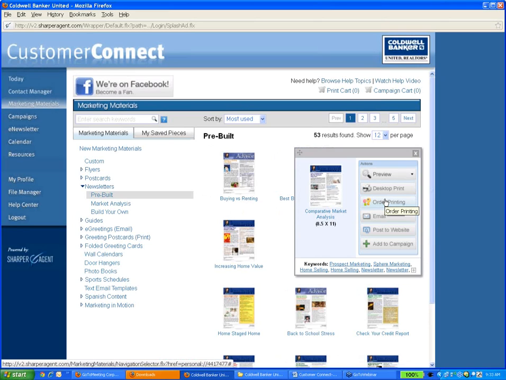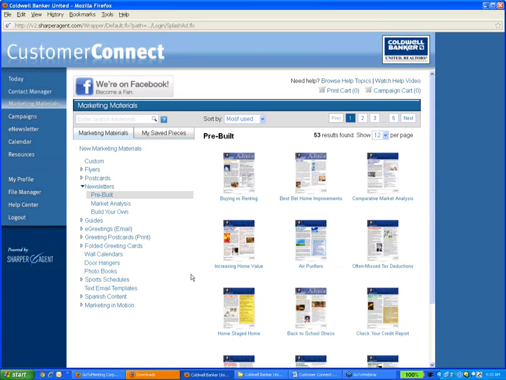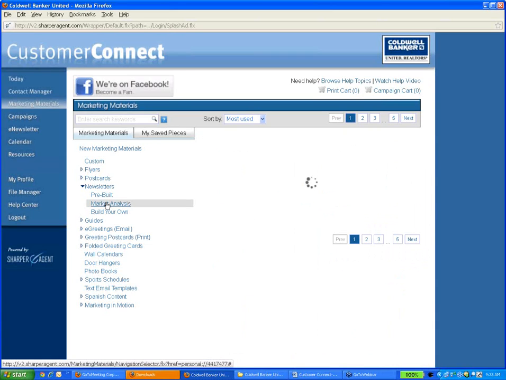You can order for professional print. You can email this out. You can also post it onto the web. You can add it to a campaign, which, by the way, has all of your branding on it. Some new pieces within the system that you'll notice. So do take advantage of the pre-built newsletters. They're done. You don't have to spend